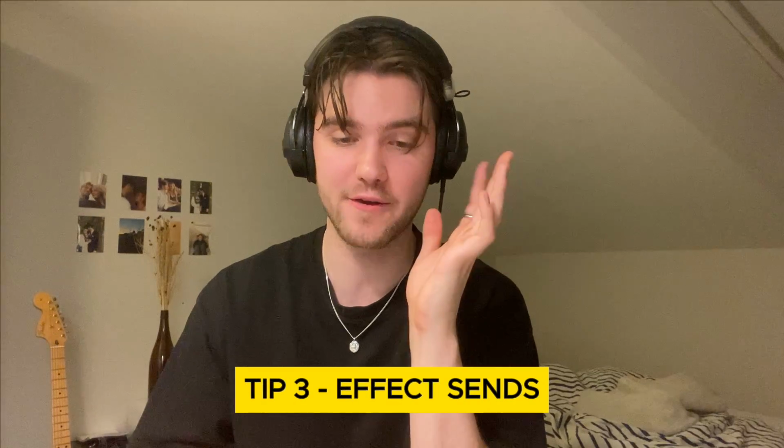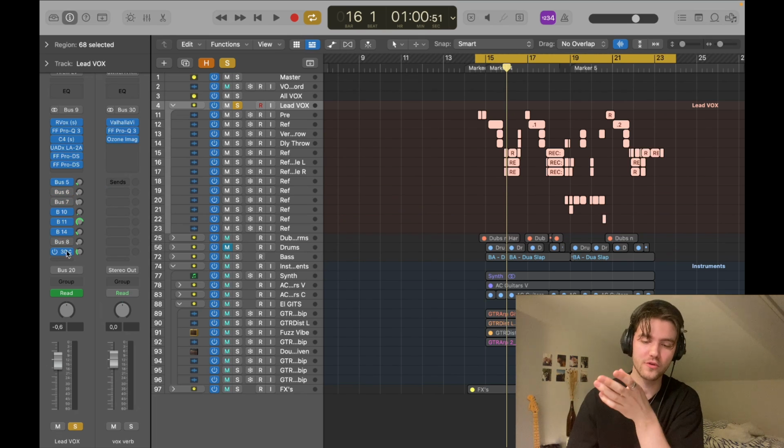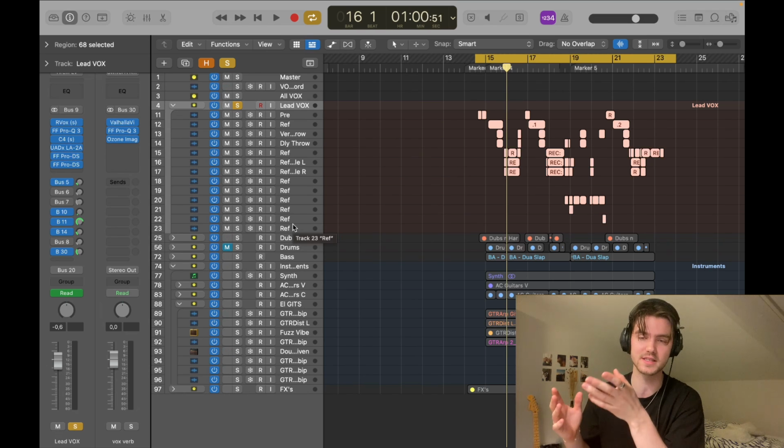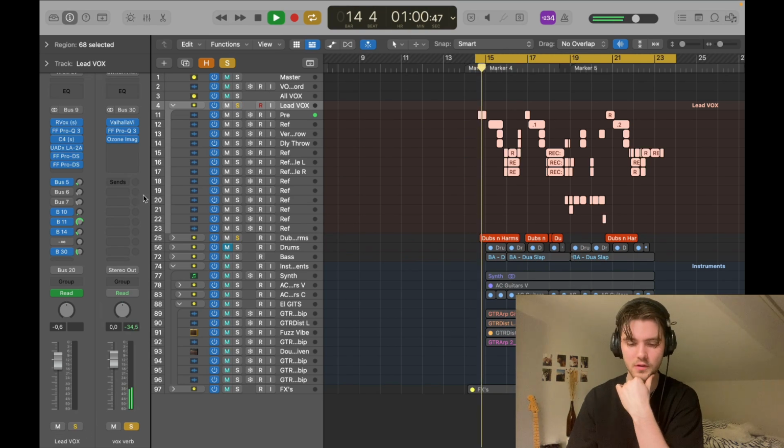Now, let's talk about effect sends. Having your effects on sends really saves a lot of processing power, especially if you're using the same effect on multiple tracks. Let's say I'm doing a reverb on a vocal, for example, and by having the reverb on a send, I can actually process that effect without affecting the dry signal. So, for instance, on this reverb, on this vocal,